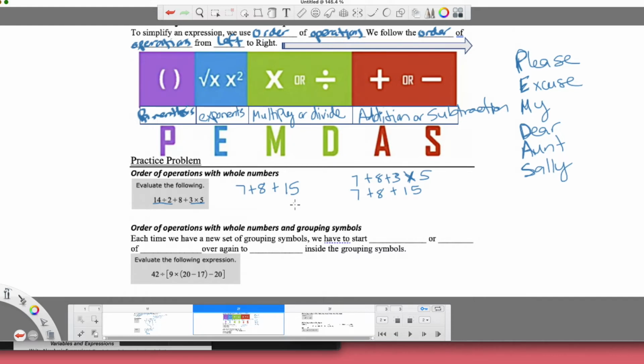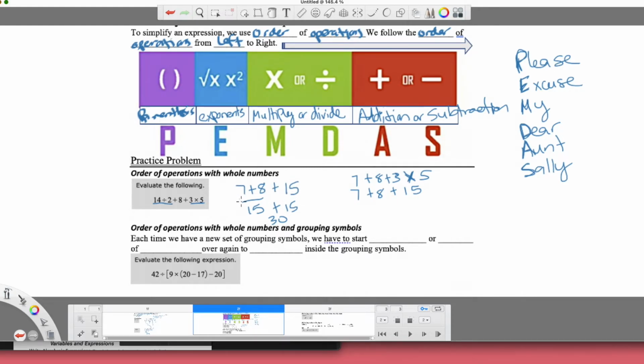All right, so now that we're here, we can go to addition, subtraction, and we only have addition here. So we have 7 plus 8, that would get us 15, plus another 15 would get us 30. So either one I do of these, I'd get 15, and 15 equals 30. So in this case, it's not really going to hurt anything if I did 8 plus 15 and then added